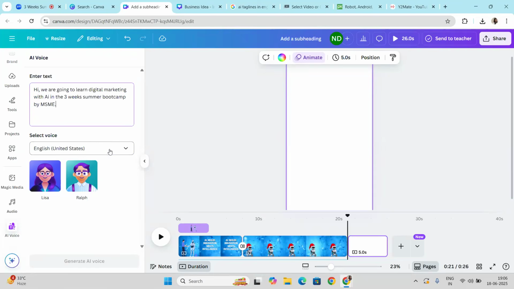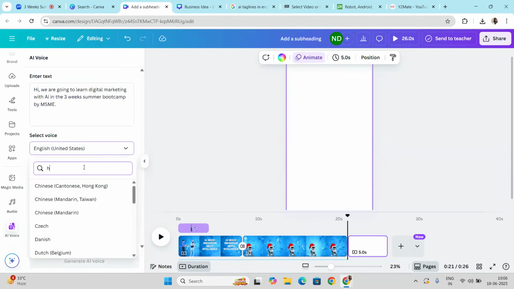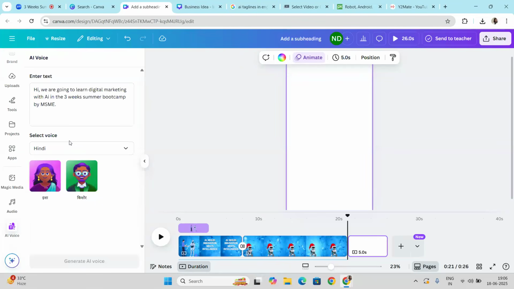Now I need to select the voice. English US is there, but you can use Hindi as well, just to change the accent. If you take English US, then the accent will be like US language. But if you select Hindi, then such kind of accent will be visible. If you want the female voice, I need to click this, and you can even listen to this.